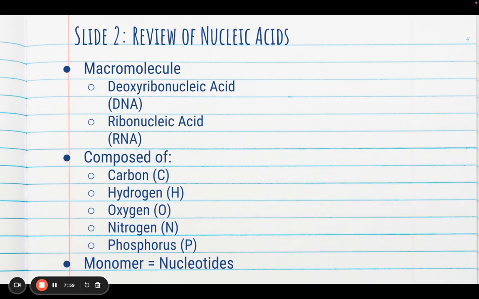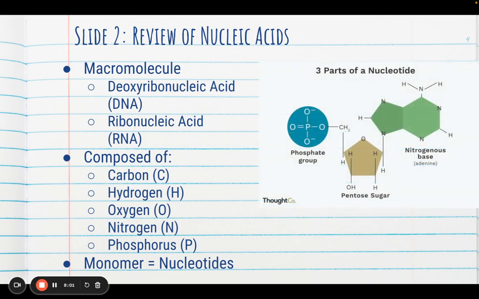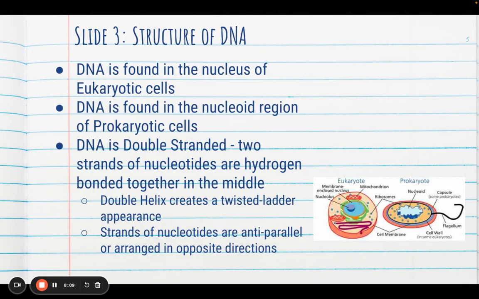The monomer or building block of DNA is a nucleotide, which you can see on your screen. Therefore, every strand of DNA or RNA is made up of many nucleotides. Now let's discuss the structure of DNA. If you remember, DNA is found in the nucleus of all eukaryotes, and the only time DNA does not exist in the nucleus is during cell division. All that being said, organisms like bacteria do not have a nucleus because they are prokaryotes. Therefore, their genetic material, DNA, floats around in a specific area called a nucleoid region inside of a prokaryotic cell.